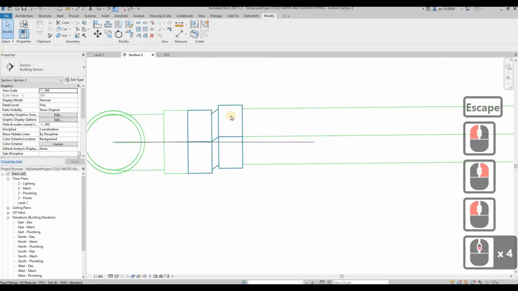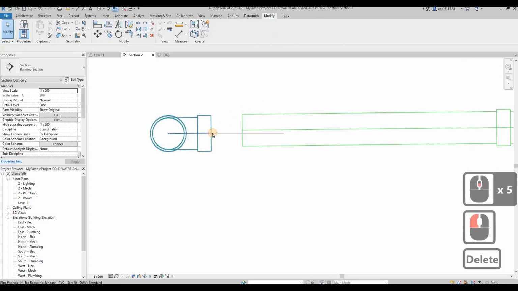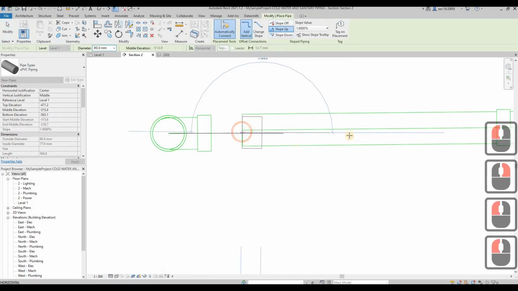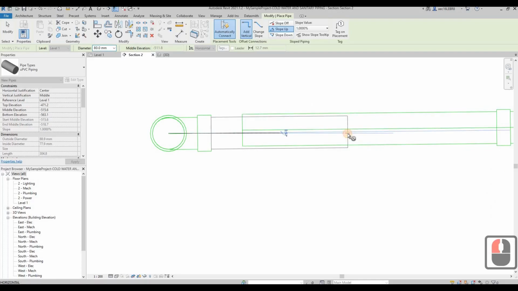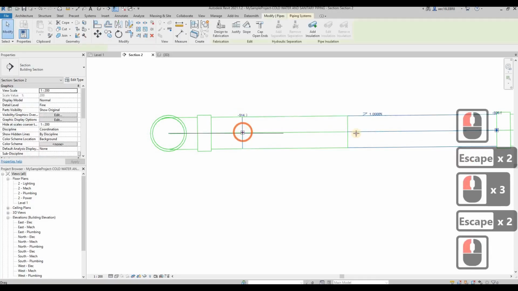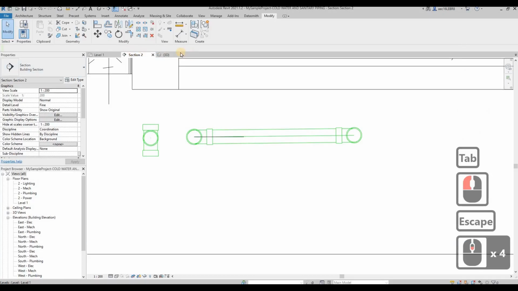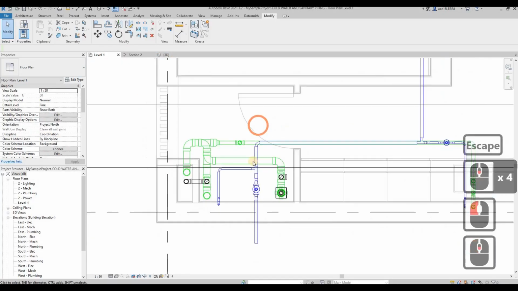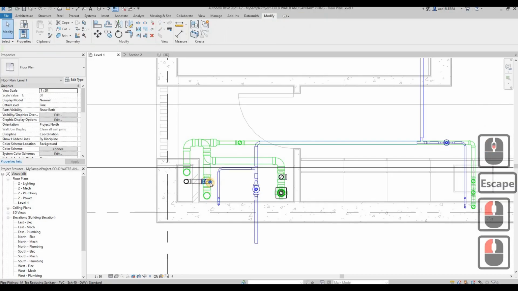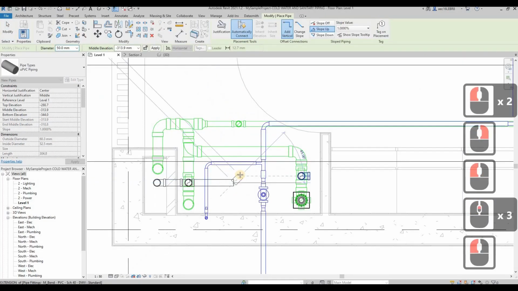Then go to the view. If you see a weird connection point in the link, you just delete it. Then you try to draw your pipe, slope up 1%. Then you try to align it to here. Then you finish your connection over here, to eliminate the unnecessary fittings. For the vent pipe, of course, you just click on the plus sign, then you draw your vent pipe, complete it to connect it back to this